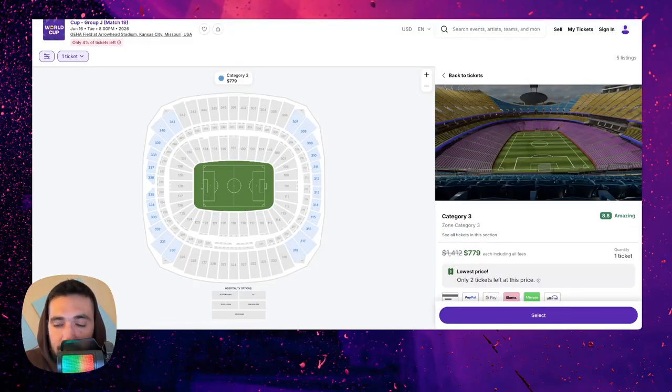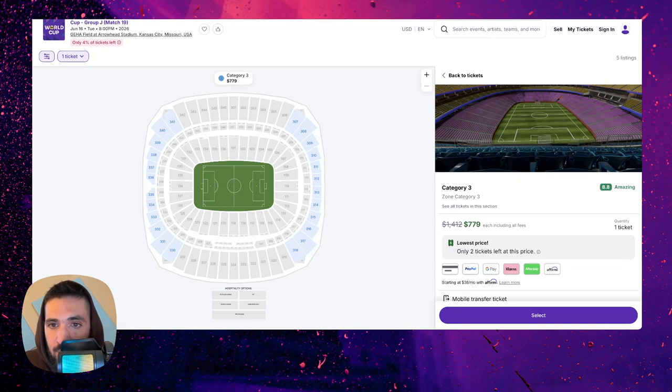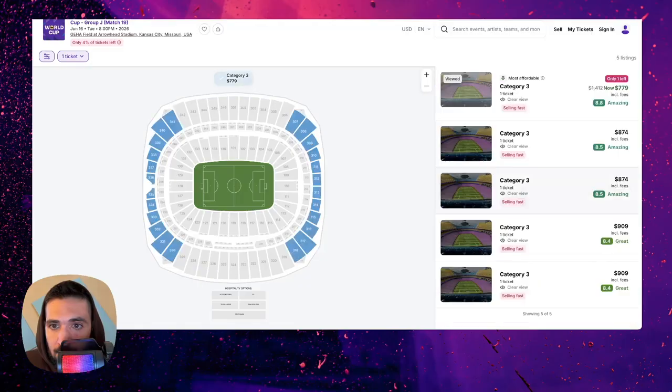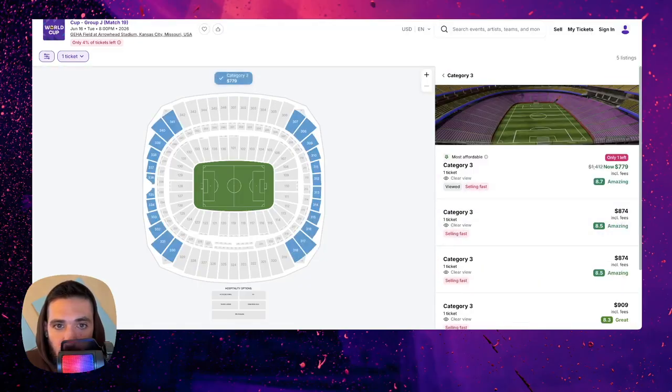So where are we sitting? That's not bad. It's behind a goal. Category 3, $779. We're up here in the 300 section.